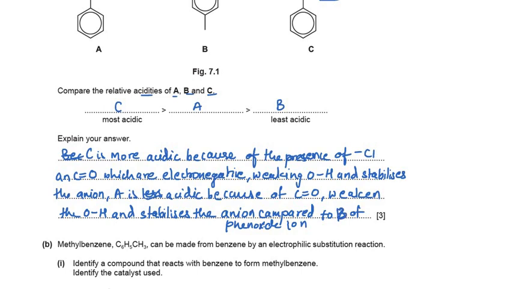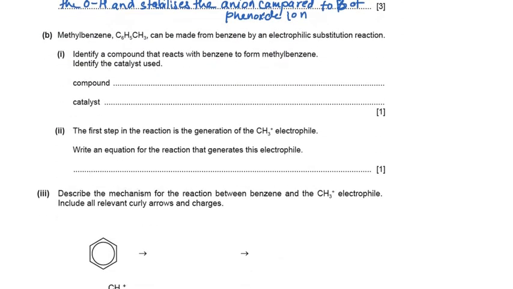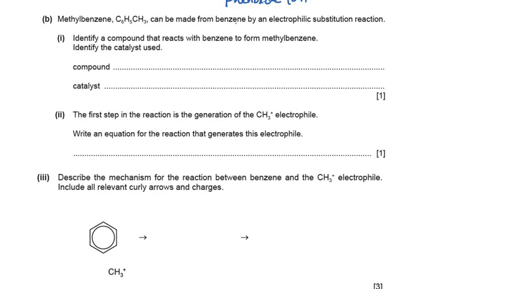Let's see what the next question, part B, asks. Methyl benzene can be made from benzene by an electrophilic substitution reaction. Identify a compound that reacts with benzene to form methyl benzene and identify the catalyst used. If we are adding an alkyl group CH3 to the benzene, then the chloro compound of the same alkyl group should be taken. So the compound added as an electrophile is chloromethane, because a methyl chain is added. The catalyst is aluminium chloride,